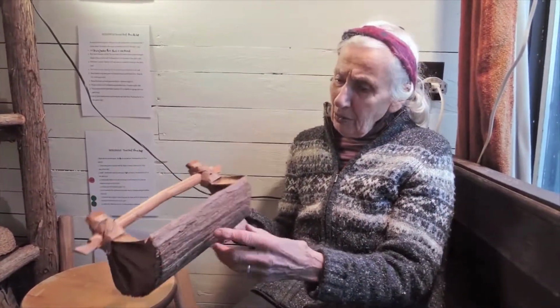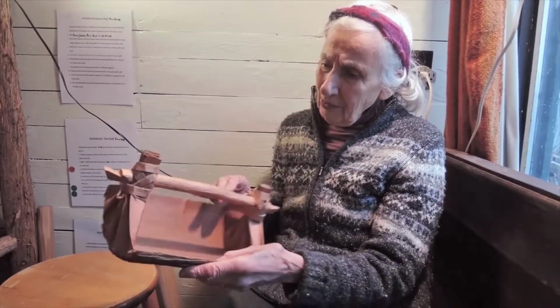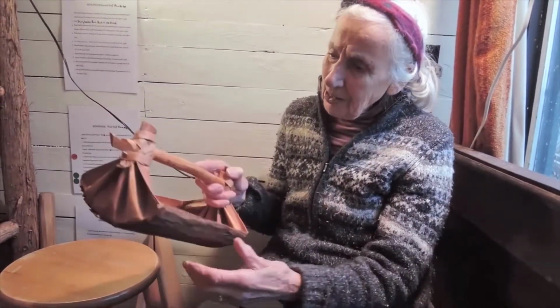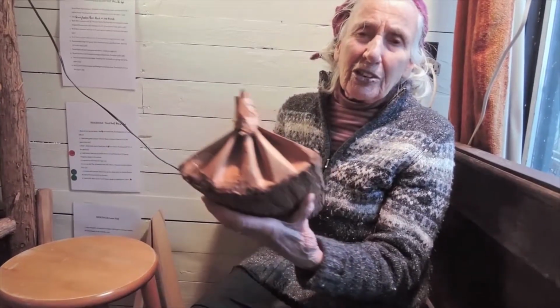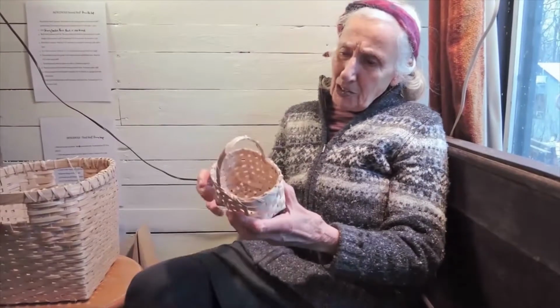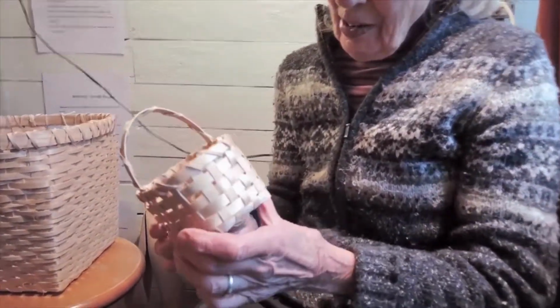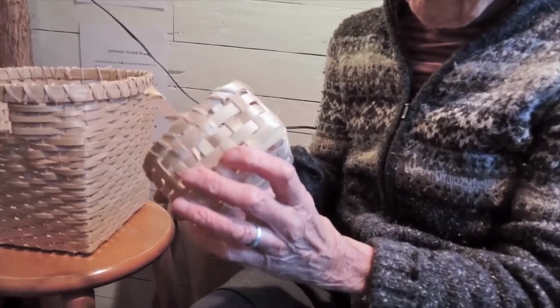But what a wonderful object this is, where form follows function. Very useful, very easy to make, and it probably would have lasted for years and years, made straight from the trees. The next baskets we're going to look at are made from black ash, and I'm sure when they discovered